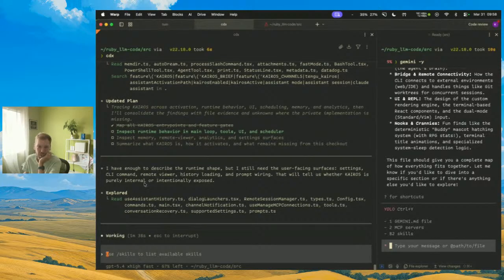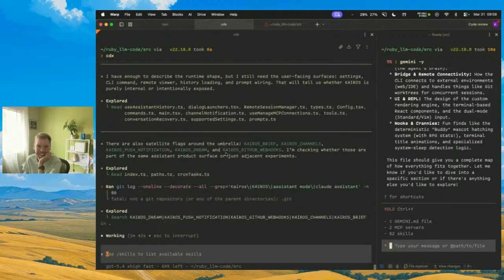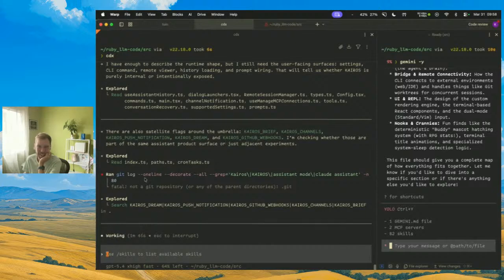Yeah, I have to say, Codex looks so much better than the Cursor CLI. I mean, it's not great. I still like Claude best, but